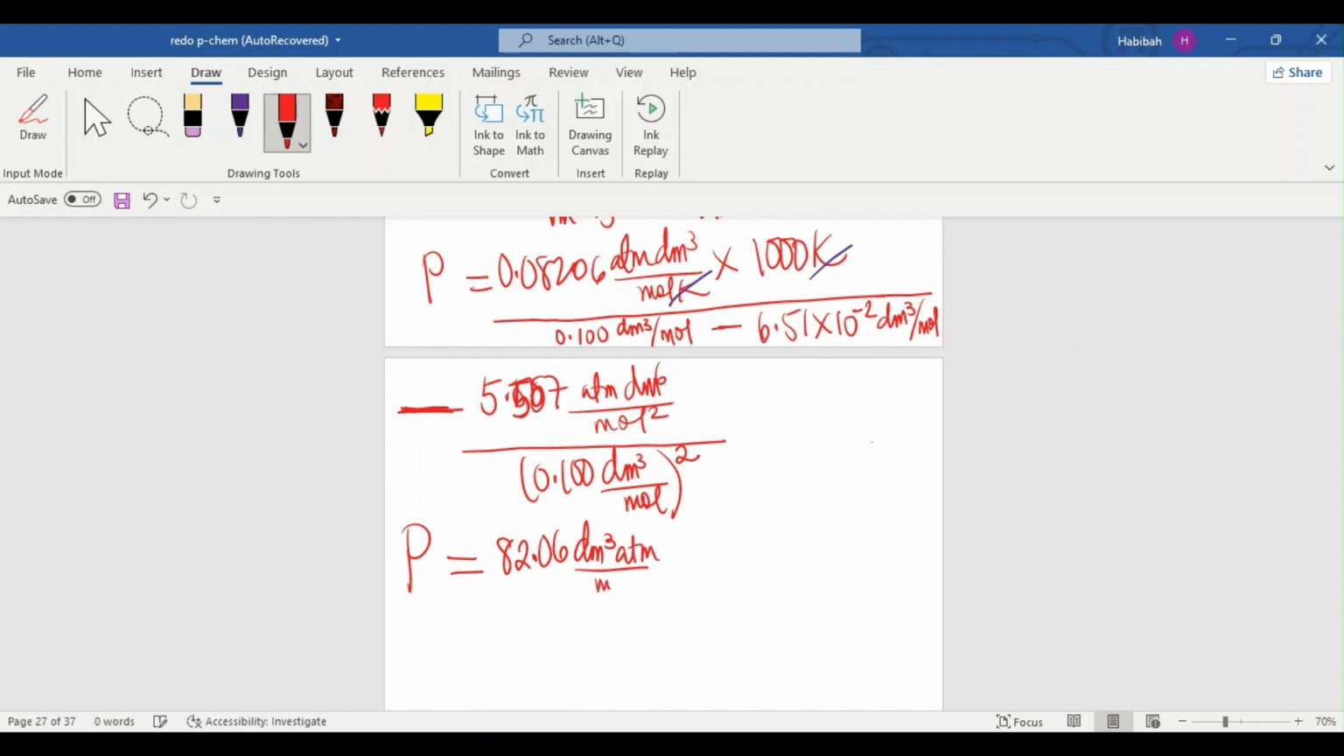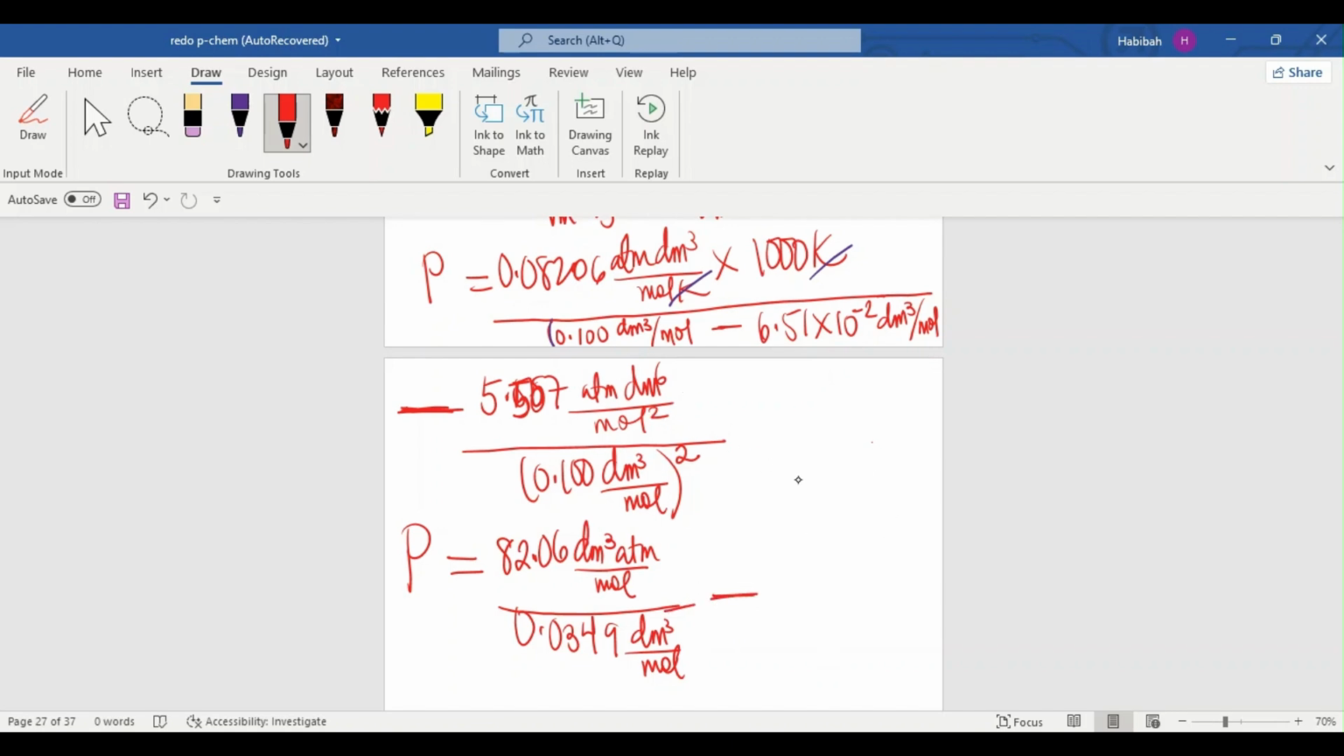atmosphere per mole, divided by, first of all, the denominator, which is just the subtraction of 0.100 minus 6.51 times 10 to the power of negative 2. So we're going to be focusing on the denominator. When you put this subtraction in your calculator, you end up getting 0.0349 dm cube per mole. So minus